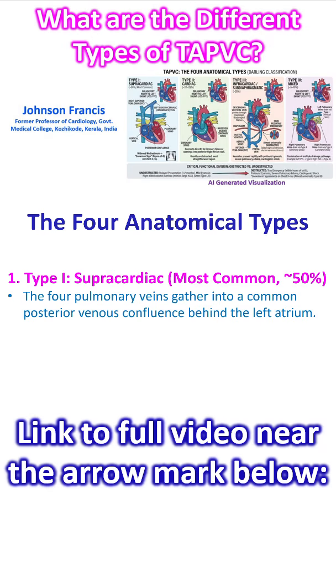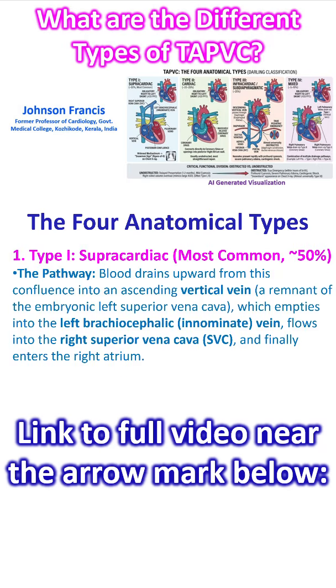Four anatomical types are there. Type 1, supracardiac, most common, about 50%. The four pulmonary veins gather into a common posterior venous confluence behind the left atrium. Blood drains upwards from this confluence into an ascending vertical vein, a remnant of the embryonic left superior vena cava,